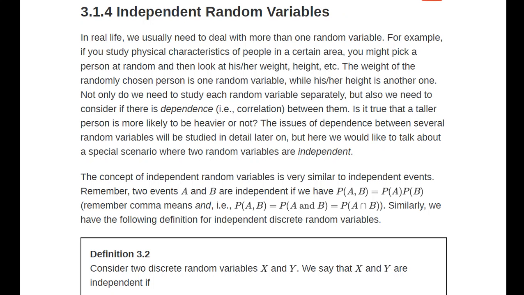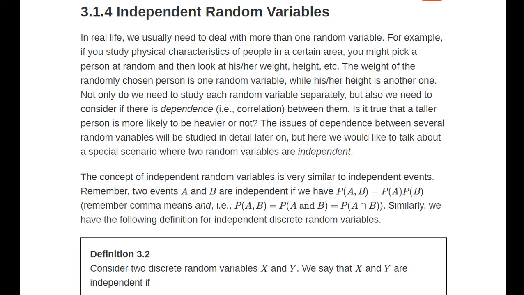For example, if you study physical characteristics of people in a certain area, you might pick a person at random and then look at his or her weight, height, and so on. The weight of the randomly chosen person is one random variable, while his or her height is another one. Not only do we need to study each random variable separately, but also we need to consider if there is